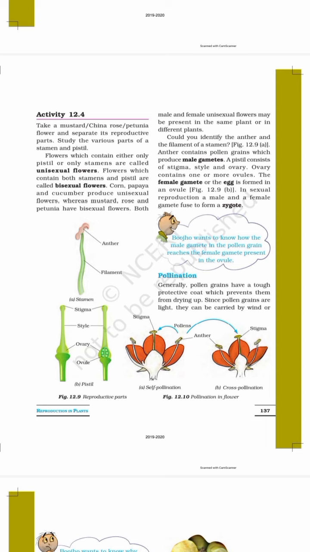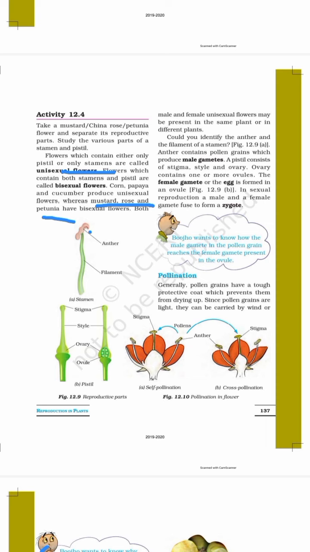Bisexual flowers are corn, papaya, cucumber, right? Sorry, these are unisexual, and bisexual flowers are mustard, rose. These are bisexual flowers. Now what happens over here is, you can see in the structure, this anther is there, it